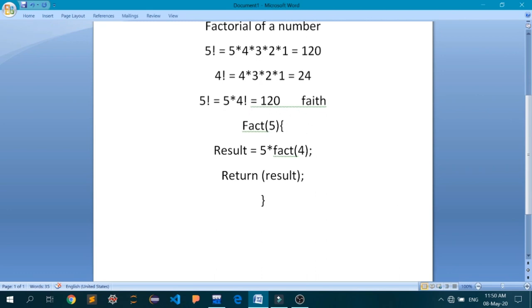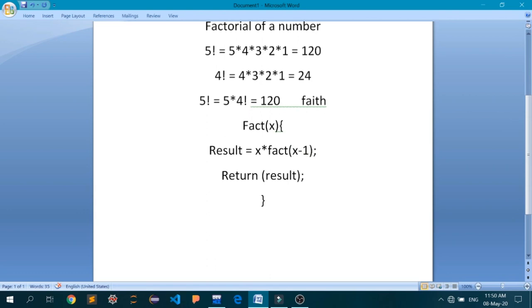Say if you have been passed x, then all you have to do is fact of x minus 1. Okay, so what we have done is multiplied the number x with whatever is returned by this particular function, which is actually this function, but this time we have passed the argument x minus 1.